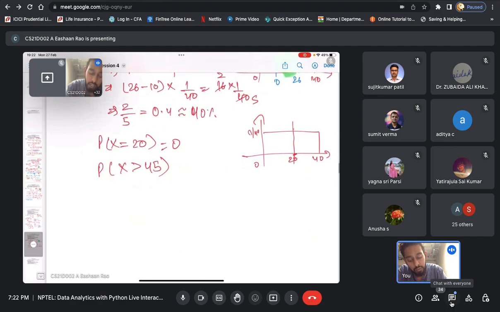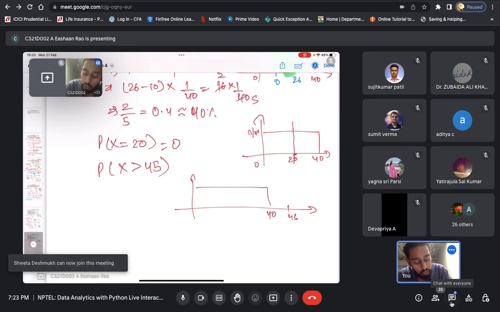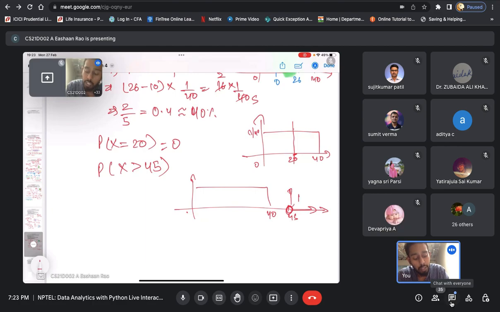Okay, so I need to find the time that the train comes after above 45 minutes. In this also, this is another anomaly that we are having, that usually we have a uniform distribution from 0 to 40. For 45 minutes we don't have any information. So ideally, even though we have width at 45, we may start from 45 to infinity kind of thing, but we don't have any height because we don't know any probability in this area. Okay, so in this case the height will become 0,